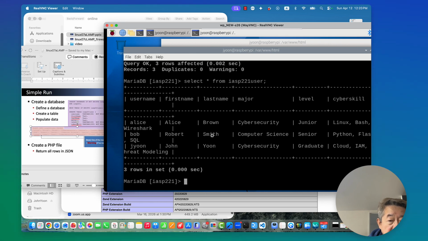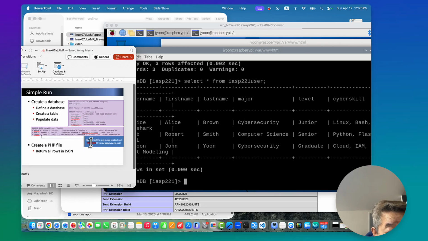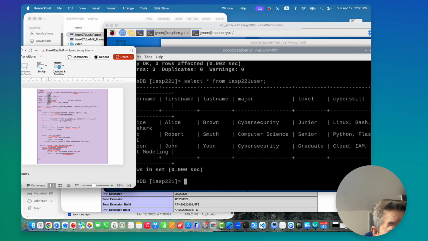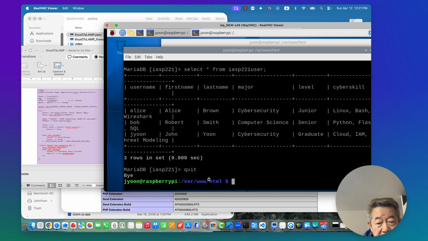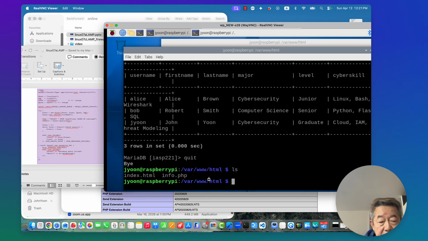Okay, so the database is done right now. Note, one of the rows should be about you. So you have to do this. And then I wanted to enter this. Okay, you can create this. So I want to quit from my database, and I am here, right? Info.php right now. So I want to create